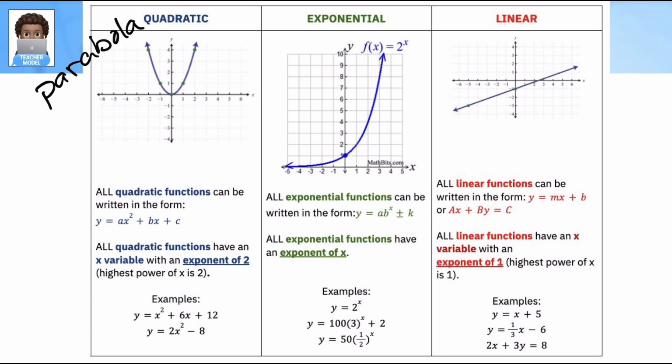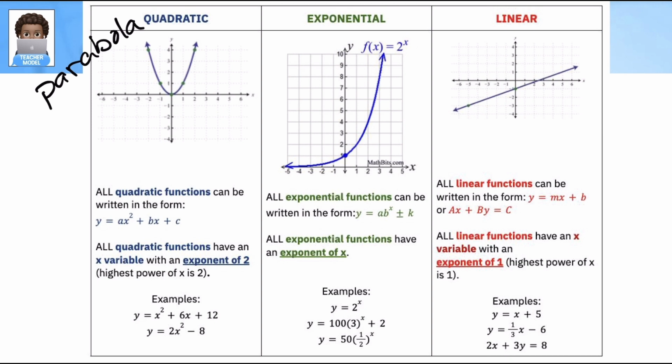Had a little trouble saying that. Parabolas can go up, they can go down, they can go sideways. So they look like U's, and they can go in any of those directions. And we're going to learn a lot more about which direction and why, and how to recognize and how to